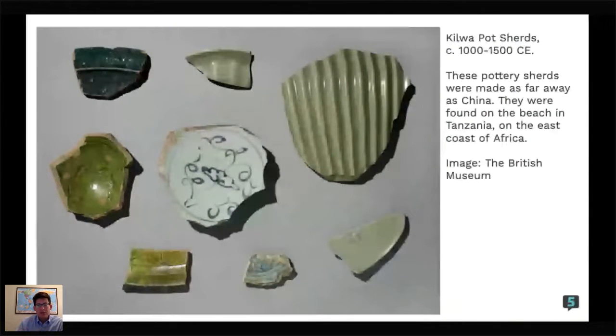Kilwa was an important trading post on the east coast of Africa. It was the access point to many different trade goods out of Africa, including ivory, gold, slaves, and it was an important place where wares could be brought as well from other places. You had to have something, of course, to trade.